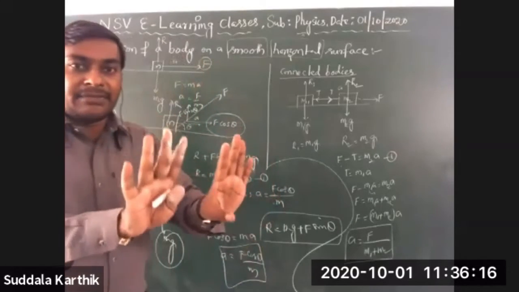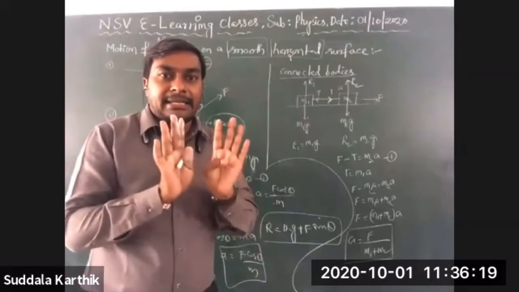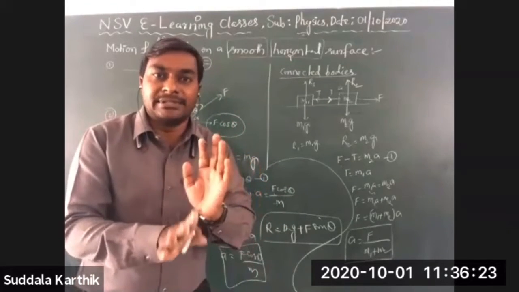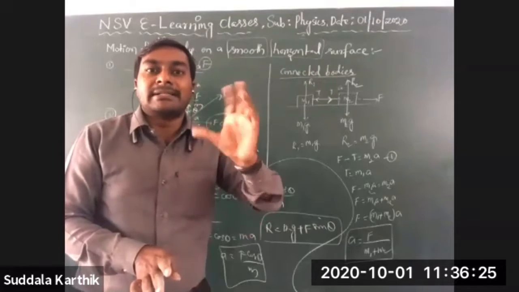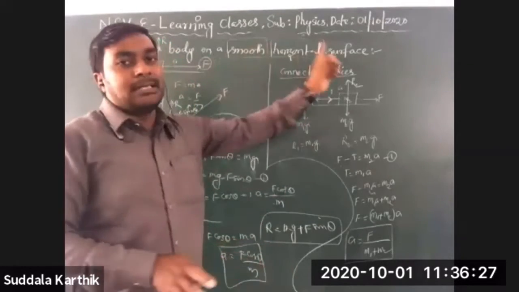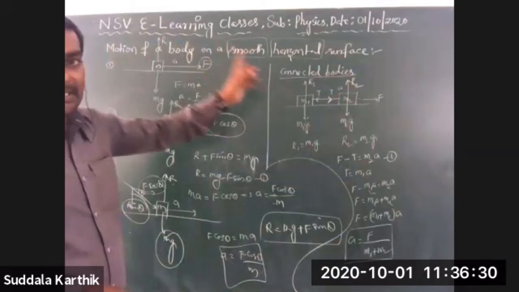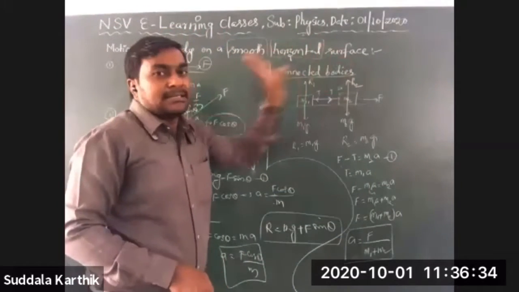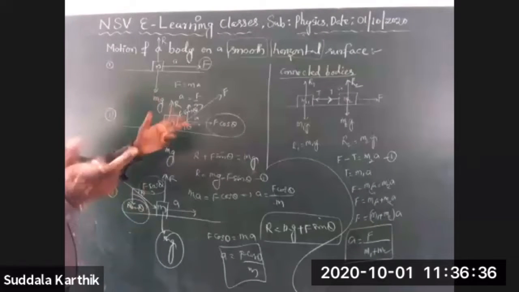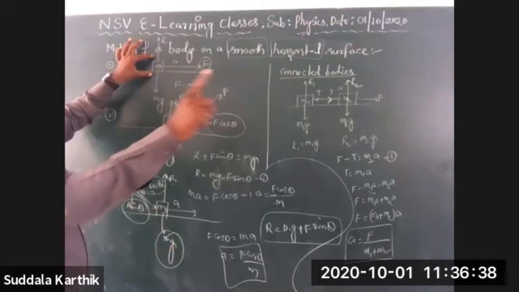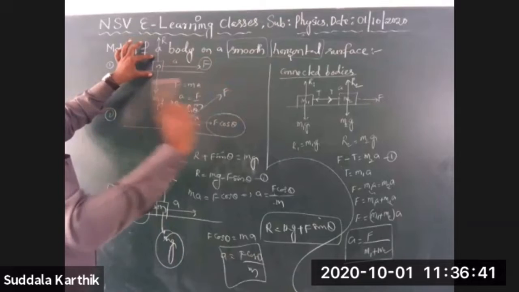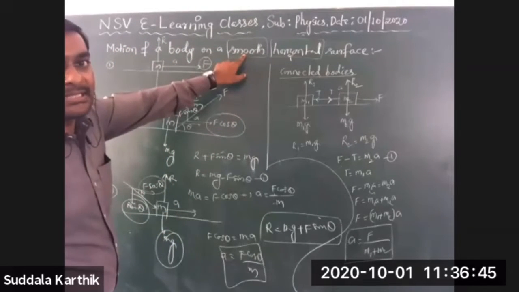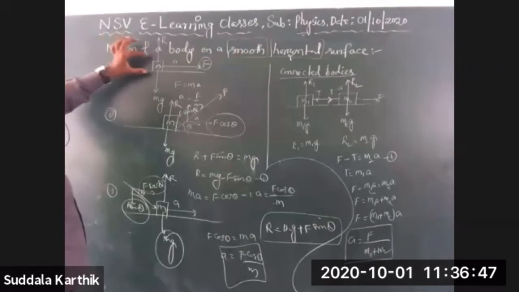Right? Again I am giving some conclusion. Please listen clearly. It is very easy, very interesting, but a little bit confusing. To avoid that confusion, I am again giving some discussion: motion of a body on a smooth horizontal surface. Whatever the body is, we are discussing just the horizontal motion on a frictionless surface, a smooth surface. So now one body is there.